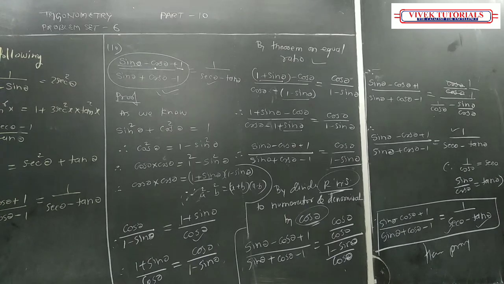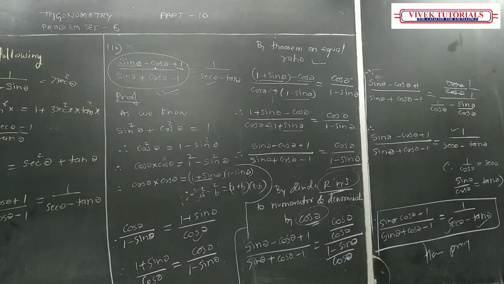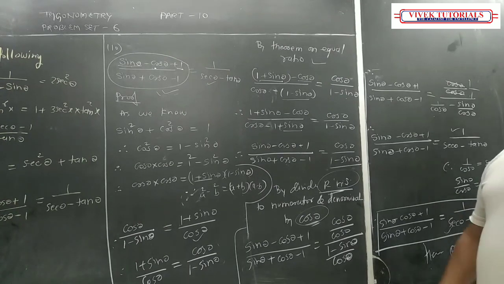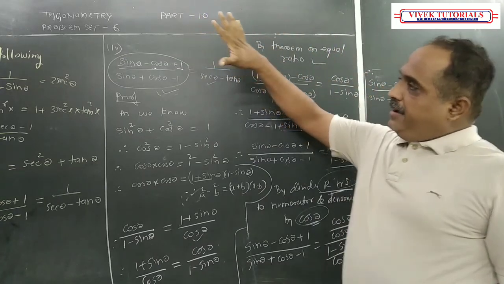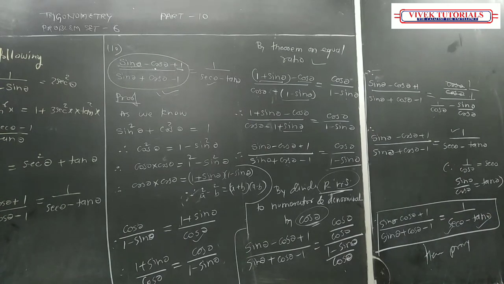So you have to practice at least 2 to 3 times. If you have not understood it properly, rewind this video once and watch it well, and copy it down immediately. Copy it down properly and practice on the spot 2 to 3 times, then this will become easy. So students, we are going to stop here for the 10th part of trigonometry. Some word problems are left, that will continue in the next part of trigonometry. Copy it down properly and thank you students.